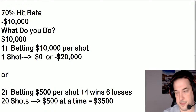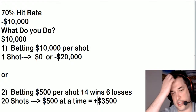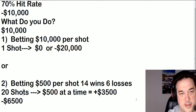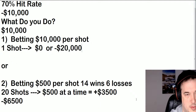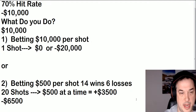So over here, you're basically allowing yourself psychologically to take those losses, and you're actually able to get to the point where you're negative $6,500. And over here, you're either at 0 or, like I said, right on top, 0 or negative $20,000. Now, mathematically,